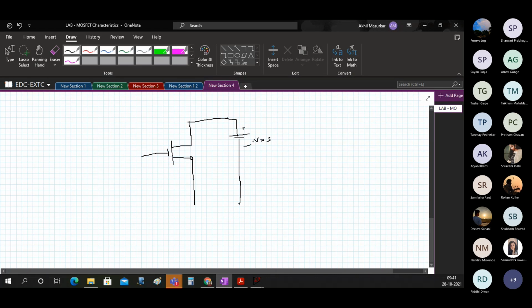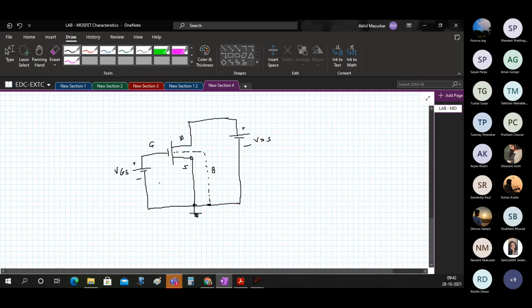This is drain, this is source, this is gate, and here we are connecting plus minus VGS. And like in the case of every MOSFET, body is connected to ground. This is grounded.